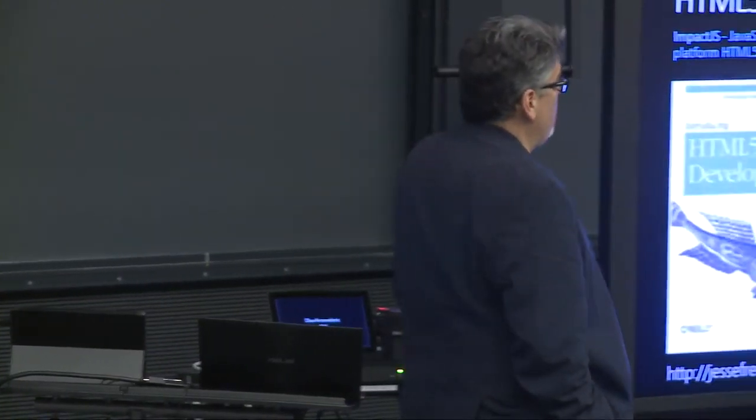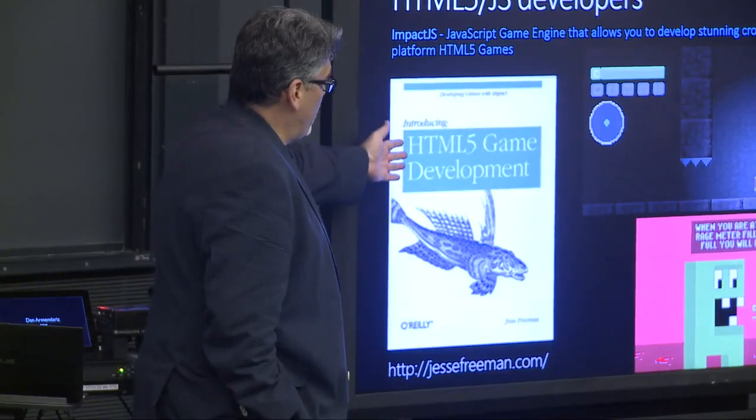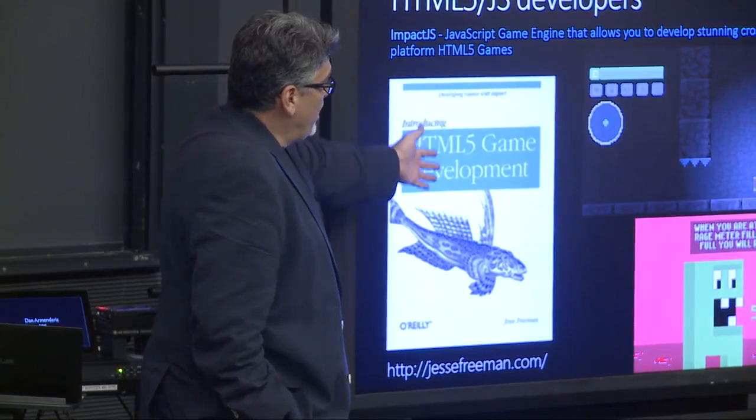Another game development framework is Impact.js. The guy I told you about earlier, Jesse Freeman, who's on my team in New York, wrote the book called HTML5 Game Development. It's all about how to build